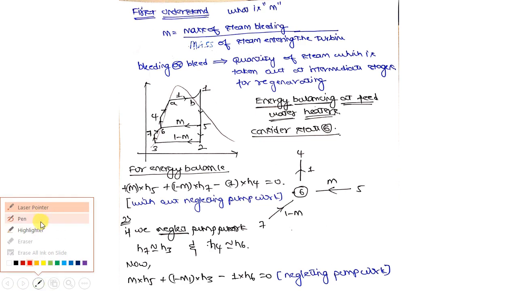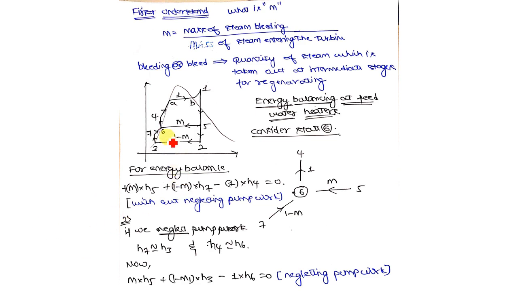Now if I want to make an energy balance at this particular state, which is state 6, which I am marking here, carefully observe. So this is my state 6. How many interconnecting states are there? It is connected with state 5, correct? It is connected with state 7 through this particular process. Now it is connected with state 4 with this particular process, correct? So you need to consider all those things to make an energy balance at state 6.